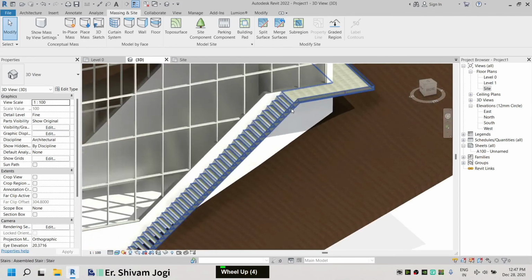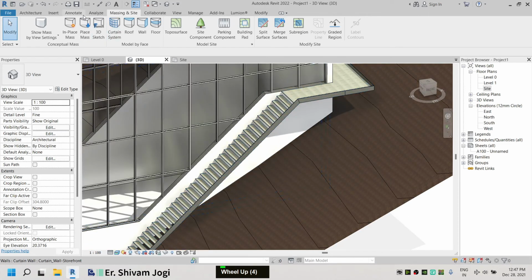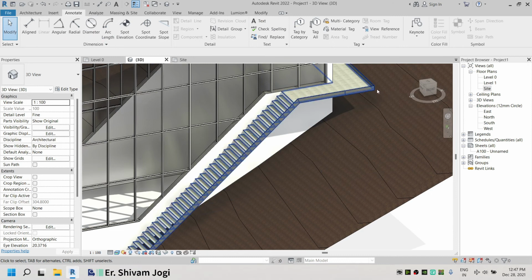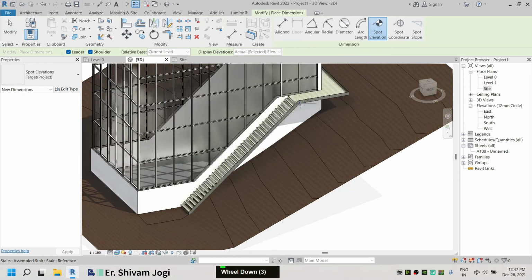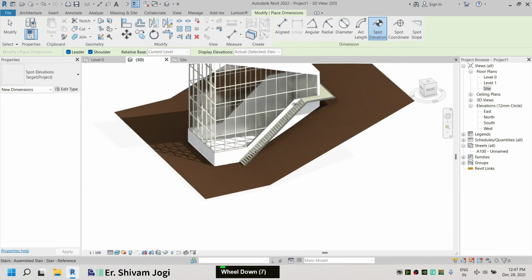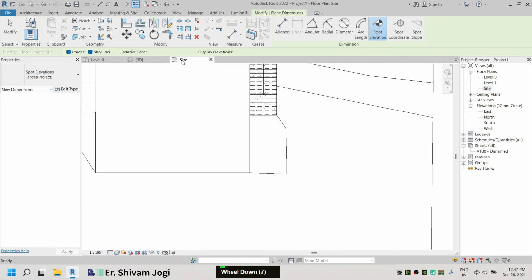So in order to identify the height of this, we can either go to the Annotate tab, and we can use the previous option that we have used, that was spot elevation. So I can spot a specific point of elevation that is around 8 meters over here. So I can give a point of 8 meters around this point in order to make it perfectly aligned to our slope. So I can go to the site view again,